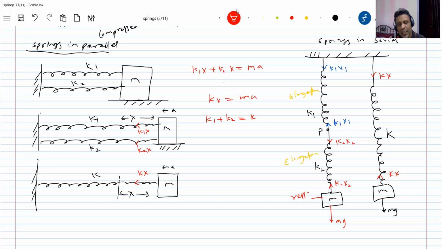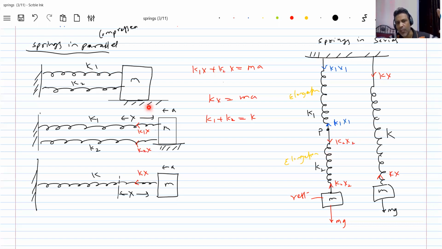What does it mean? When two springs are connected, how much will the block undergo displacement? Here also the block should undergo the same displacement. Then only you can say the same action is there by both the springs. So that much displacement the block has undergone when both springs are present, the same displacement the block should undergo when I connect only one spring. Then you can say this spring is equivalent to these two.